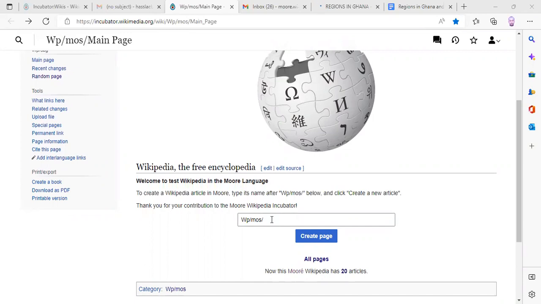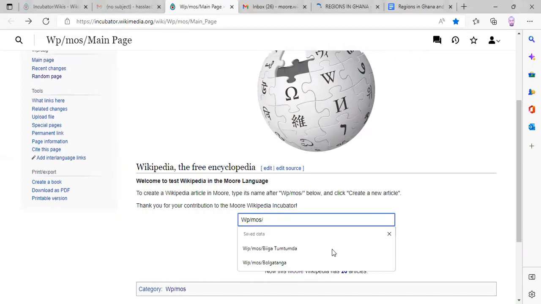So you come to this empty space and type the title of your article. If I'm writing an article whose title is Northern Region, I'll come to this place. Don't erase this template, leave it there and type Northern Region.